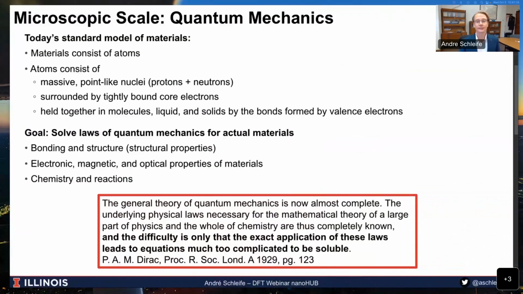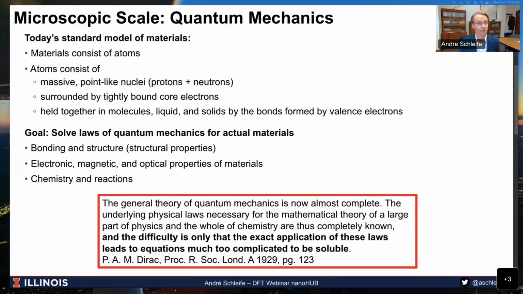Now, that starting point is known, I would say, since the 1920s. What I put here is a quote from Paul Dirac. And what Paul Dirac said directly is that the general theory of quantum mechanics is now almost complete. Again, he said this in 1929. The underlying physical laws necessary for the mathematical theory of a large part of physics and the whole of chemistry are completely known. All right, now here's the suspense, because he finishes the sentence by saying